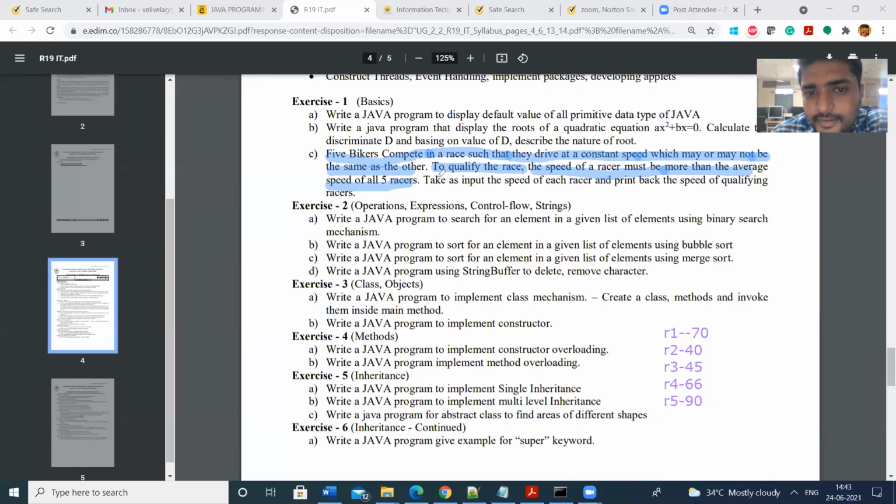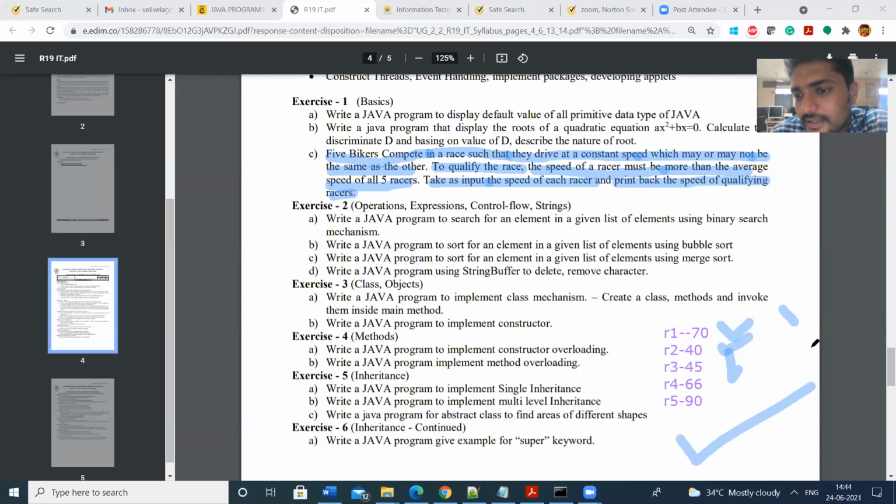Then take as input the speed of each racer and print back the speed of the qualifying racers. So the aim is these values 70, 40, 45, all these values are to be read from the keyboard.